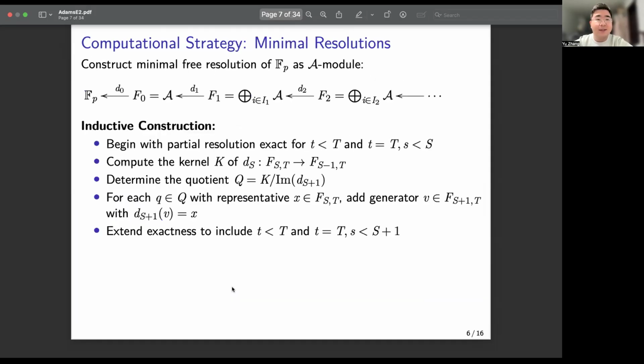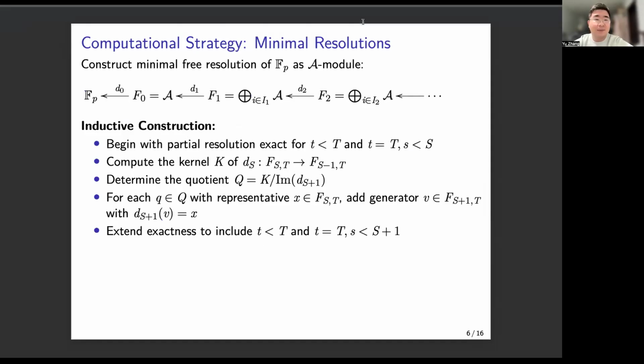All right, so now let's talk about the main strategy for such computations. The main strategy is no surprise, a classical one. We try to construct a minimal free resolution of Fp as an A module. So there's nothing new on this page. And the construction is by induction. We first induct on the inner degree T, and then within the same T, we do